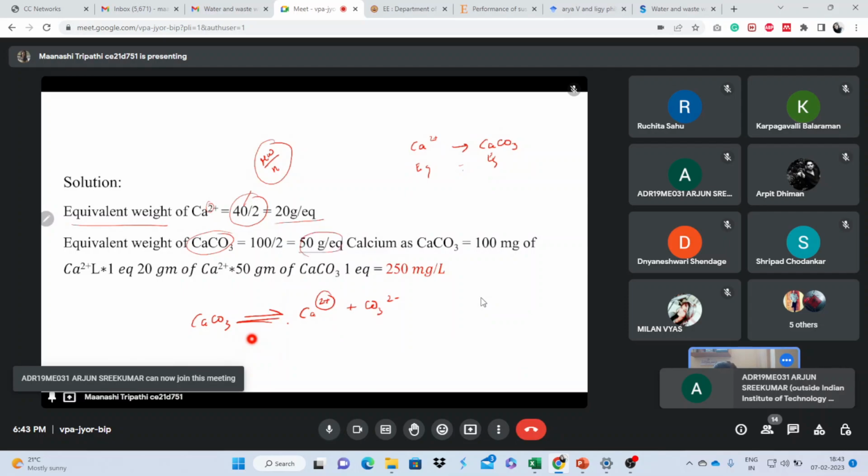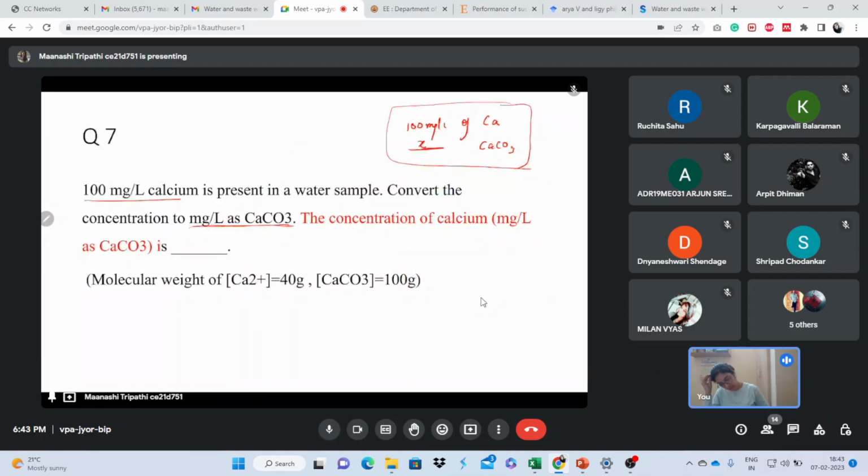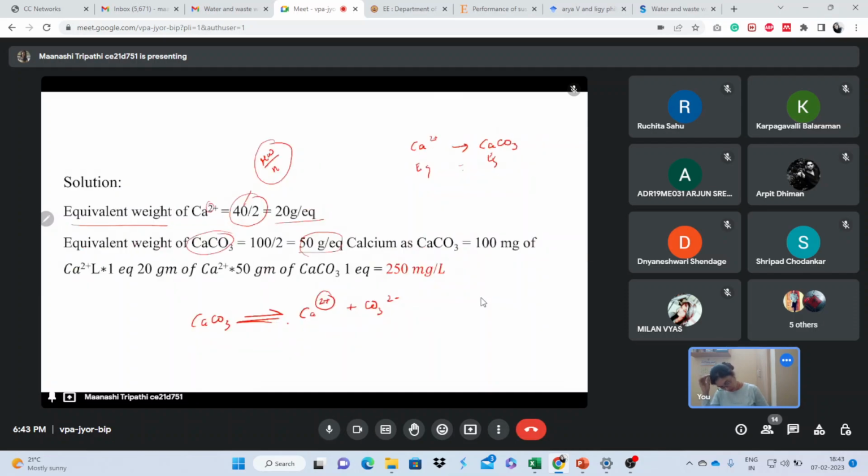Okay, the question was to check for 100 milligram per liter of calcium. So both the equivalents you got. So this is equal to 100 mg per liter of calcium. When we multiply it with this 20 gram per liter, we will get it in terms of calcium carbonate. It is written like this, so it's difficult to understand. But if you write it in the form of numerator and denominator, then it will be very easy to understand. Here it will be.